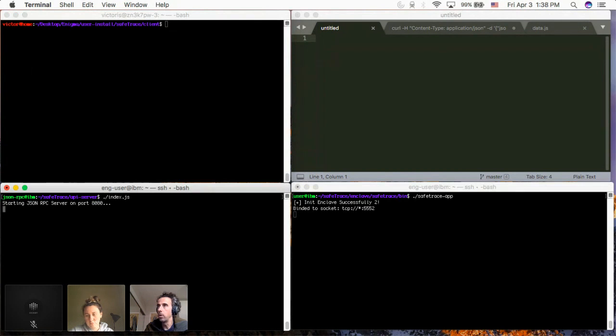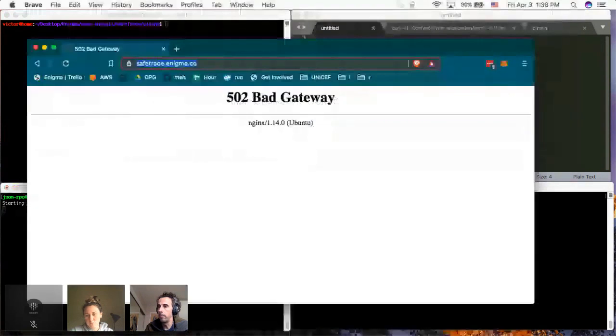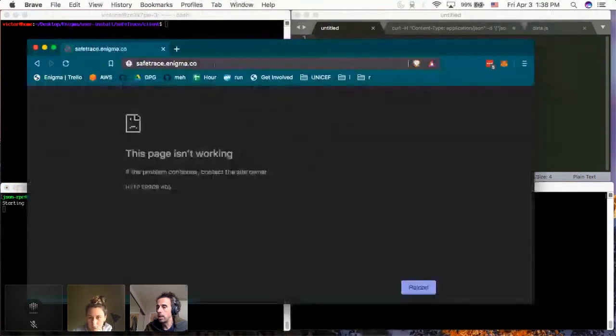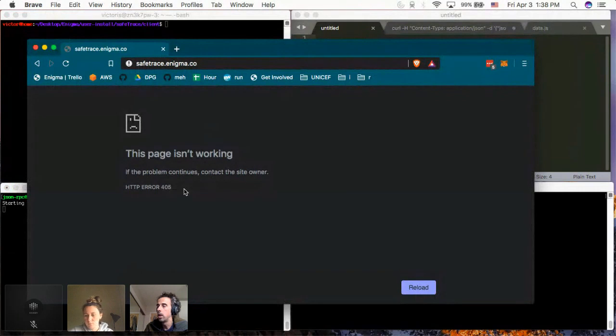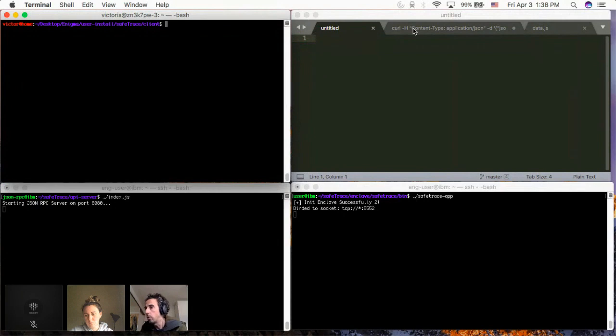So if you try to visit this page with your browser, you get an error because this is actually what I expected to see, a 405, because the method is not allowed. You cannot make HTTP GET requests on this server. You will only be able to make POST requests using JSON RPC format. So let's try to send one of such requests to the server.